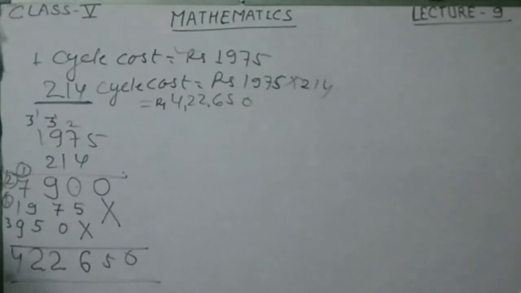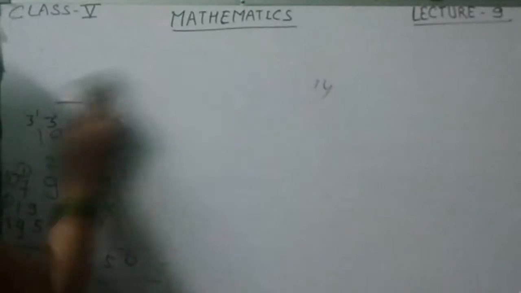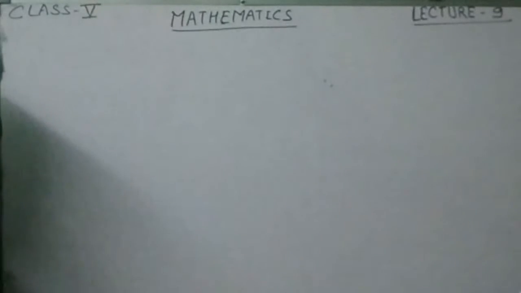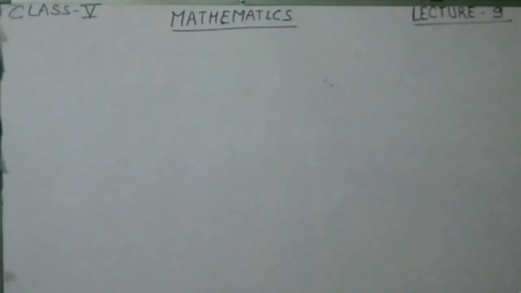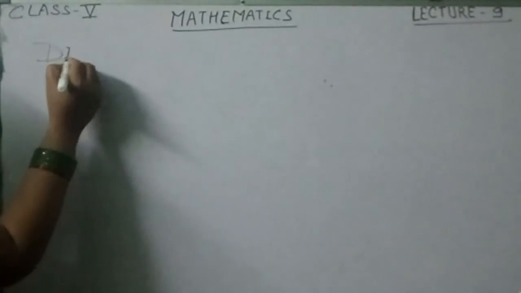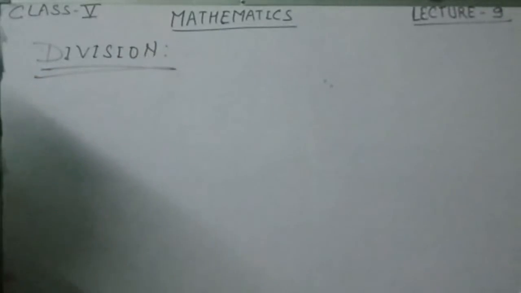Okay. Now next topic is what I told. I will explain you about the division. Then next topic is division. Division. And students, I hope all of you learn the table, because before I told you, you have to write and learn the table from 2 to 15. I hope all of you learn. Next topic is division.